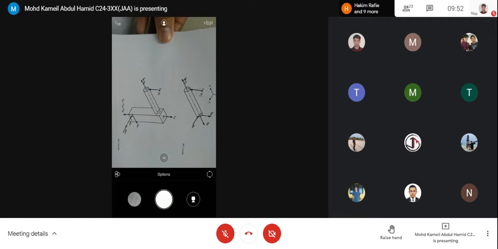So that is for the axial or vertical load. And then you have your